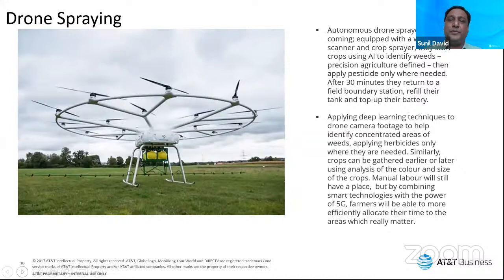right? So they are equipped with a weed scanner and a crop sprayer, right? So again, they can use IoT. These drone sprayers are all IoT enabled. You can remotely control it, monitor it, because sometimes these drones also go faulty, right? And sometimes it might be very difficult to go there and get it repaired. So you can use the power of IoT to actually troubleshoot these drones. Here again, to spray the right amount of pesticides, to identify weeds, etc., 5G will play a big part here,